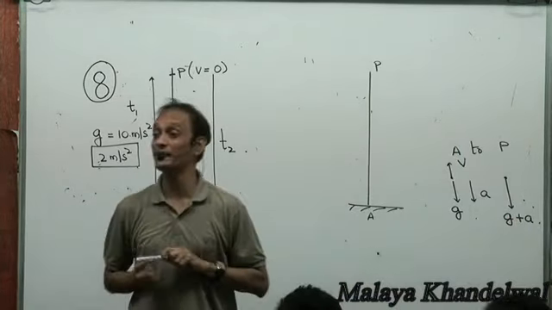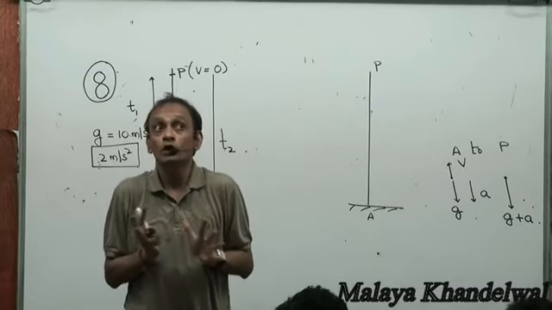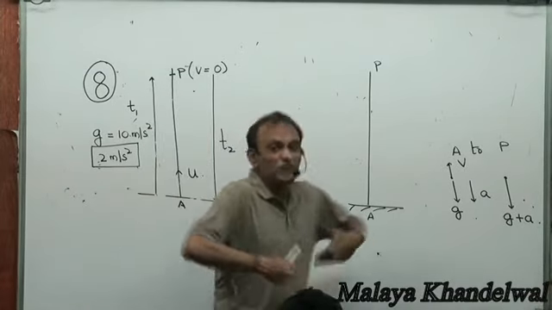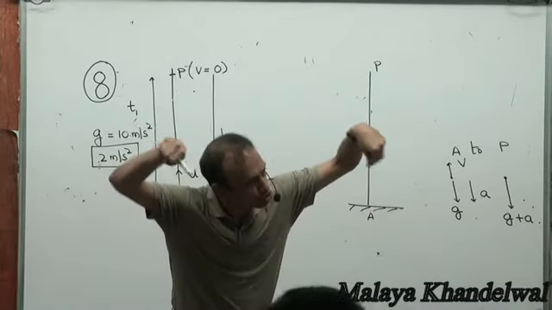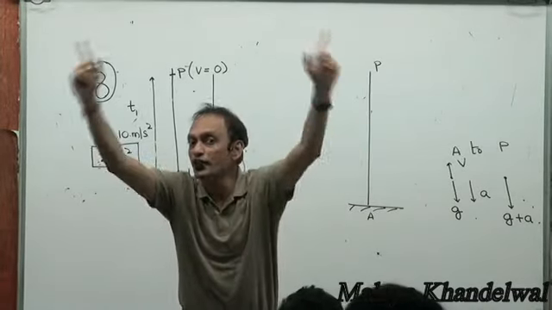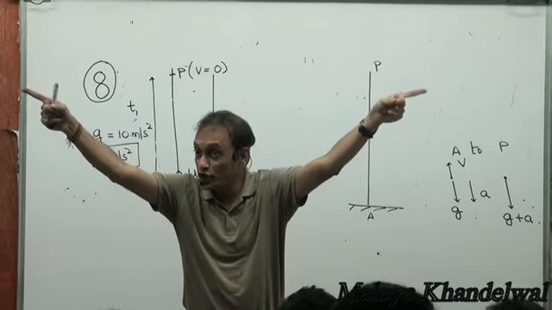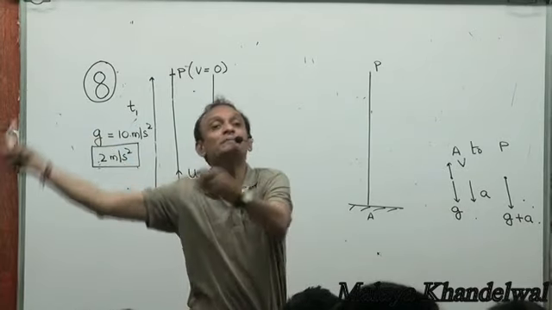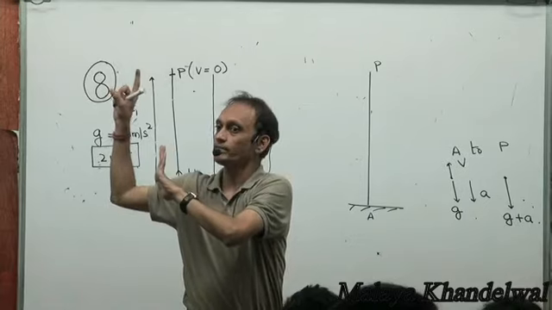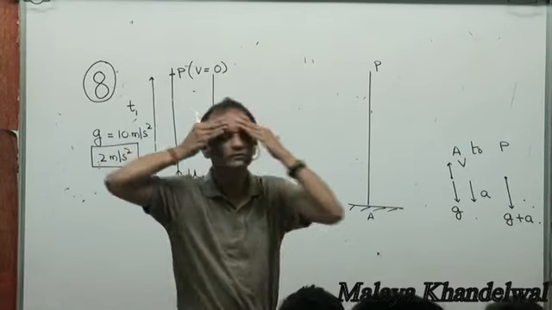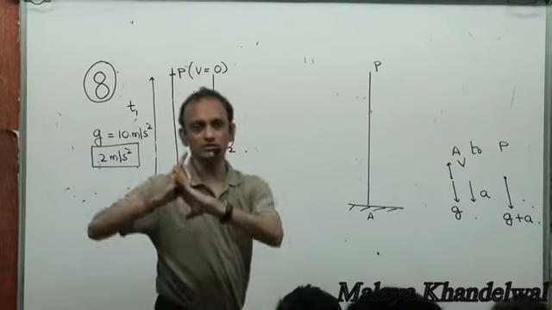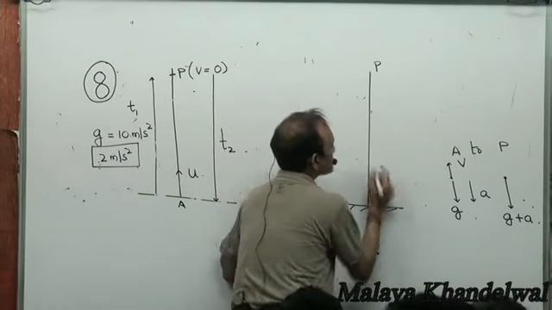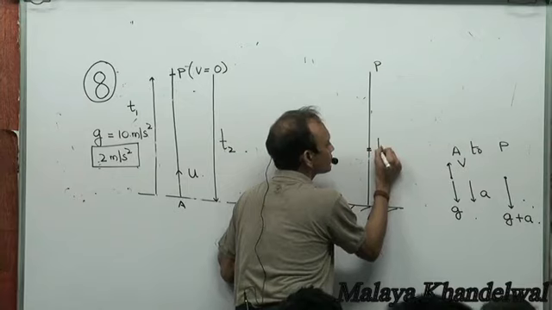It experiences g plus A downwards. That means its effective g is g plus A. It's like g has got modified into g plus A. I can use the same set of formulas for motion under gravity whereby I replace g by g plus A, right? Now, for a moment, say if this height is h,